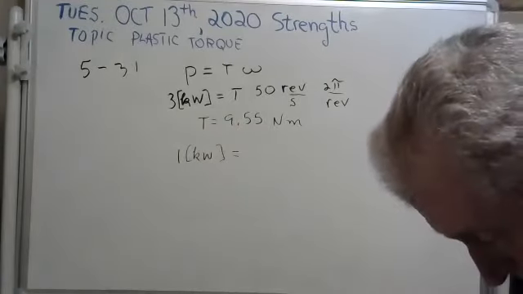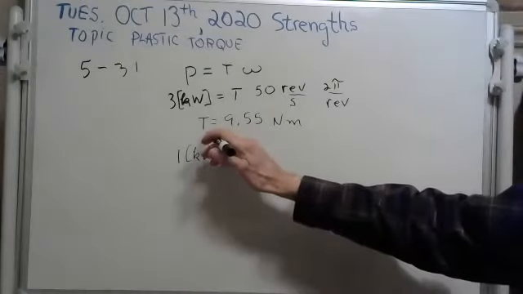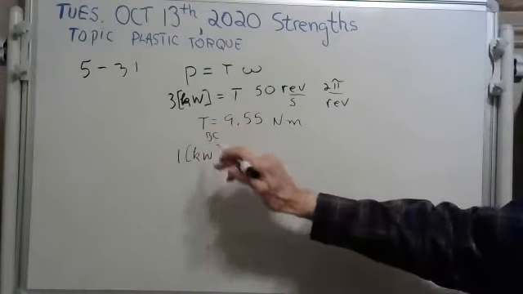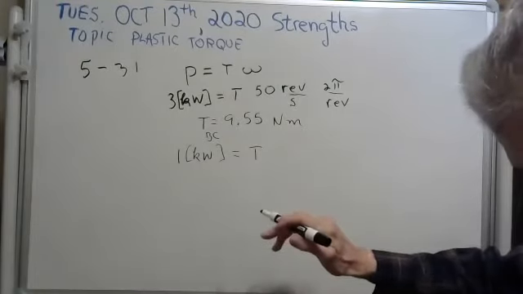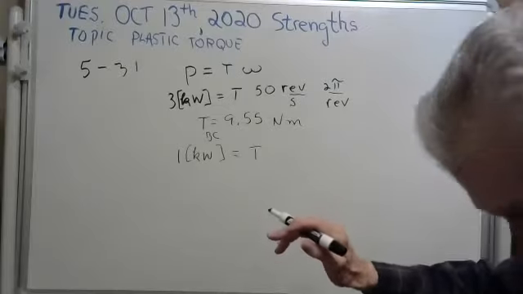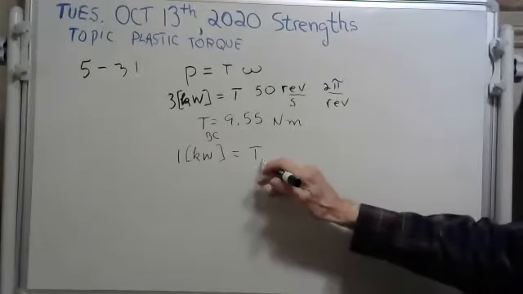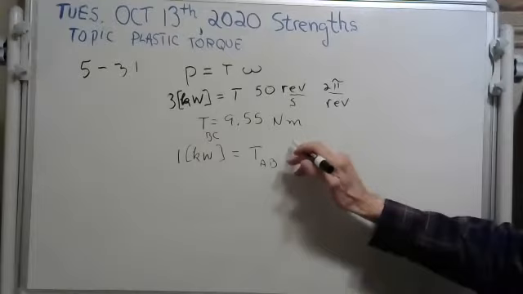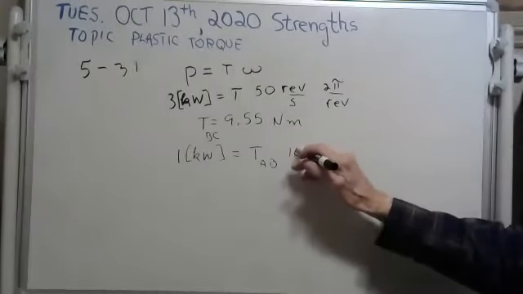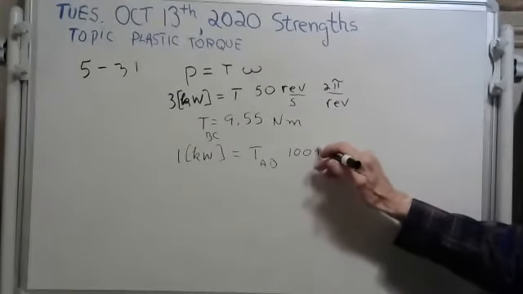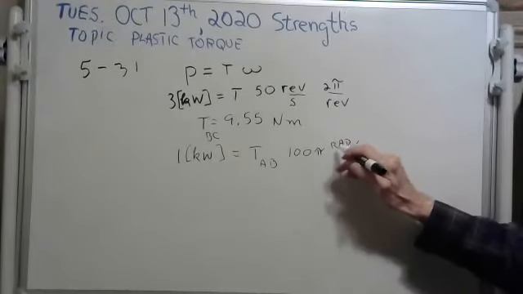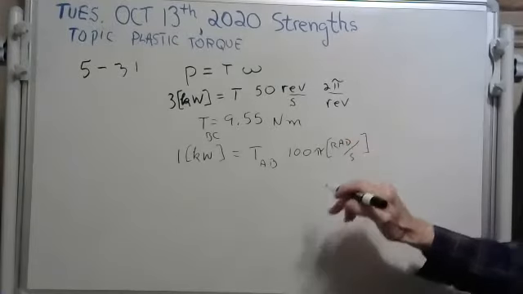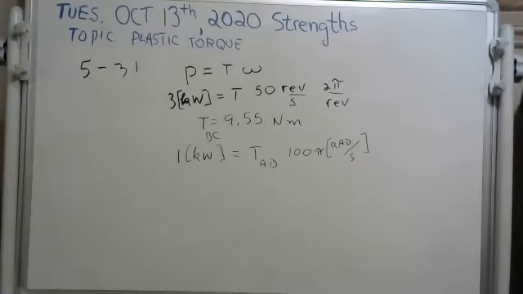That's the torque between B and C. And this is going to give you the torque between A and B. And that amounts to 100 pi radians per second. And if you solve that, I think what you get is